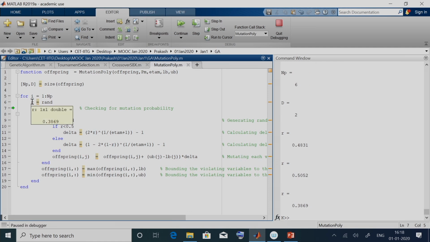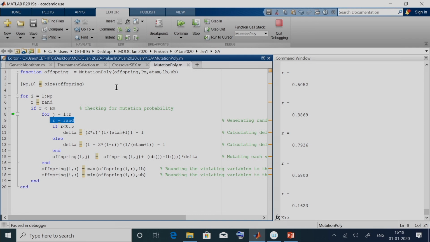The third time the random number generated is 0.3, again no mutation, right. The fourth time 0.79, so again no mutation is happening, right. The fifth time it is 0.58, so no mutation, right, and this time it is 0.1623, right. Since it is less than PM, we will have a mutation occurring over here, right. It satisfies this condition, so it has come into this loop.